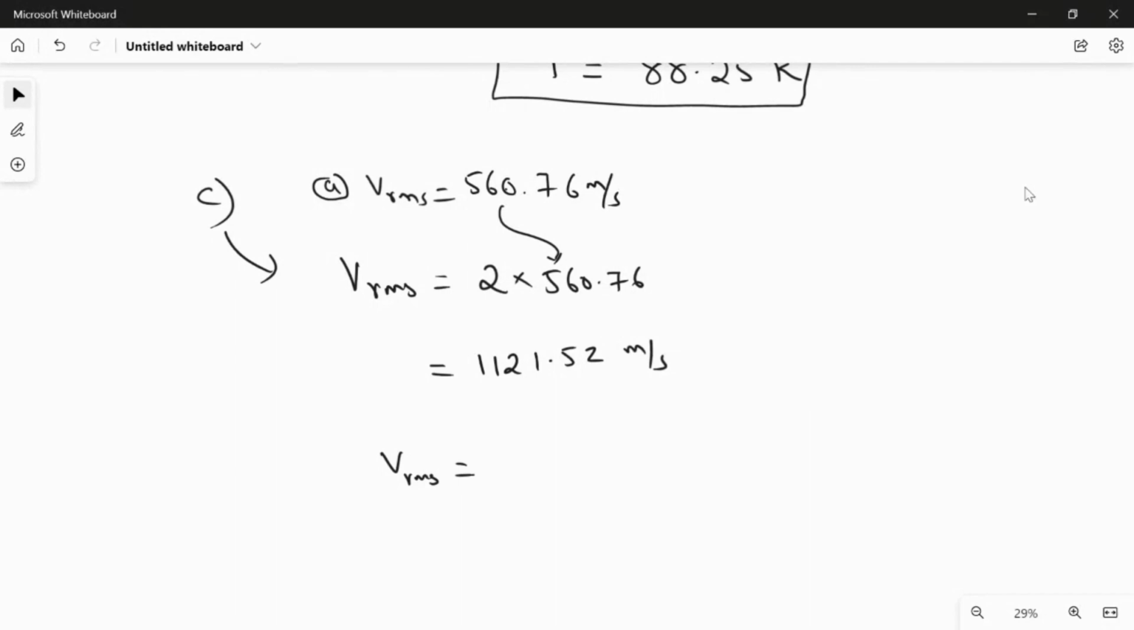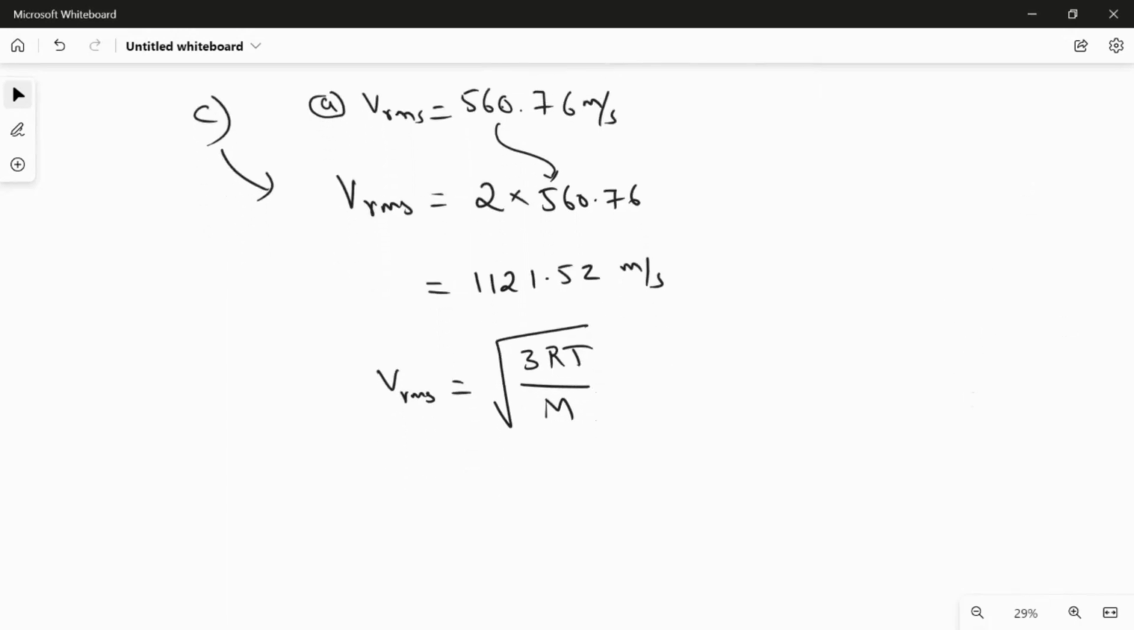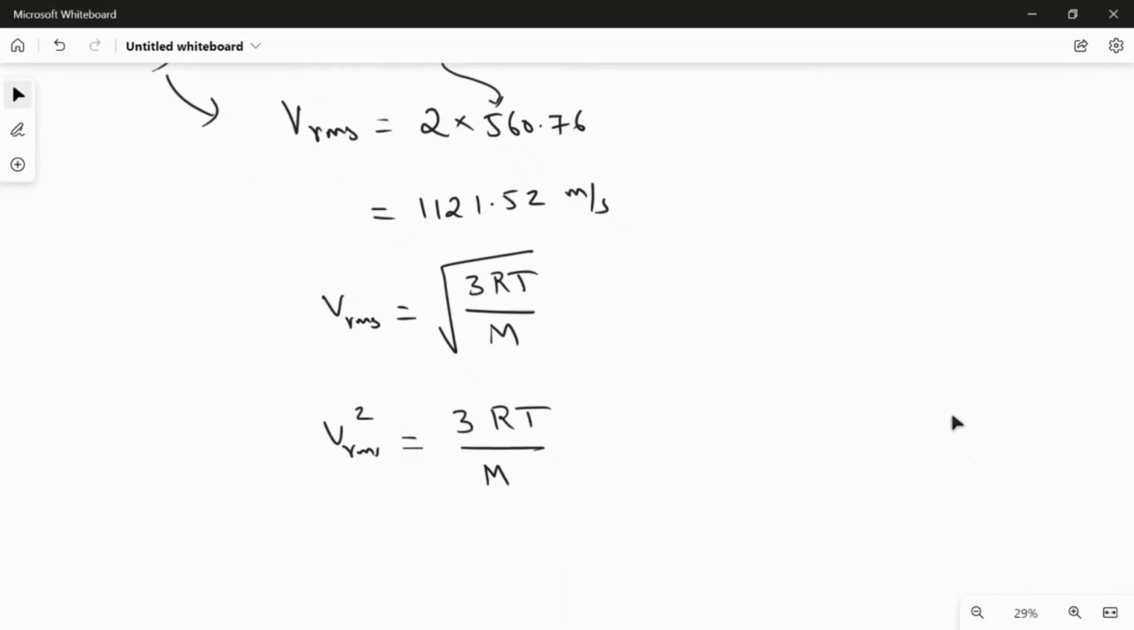VRMS is equal to the square root of 3RT over the molar mass of nitrogen. Here we are going to find the temperature, so I have to take the square on both sides, the left-hand side and the right-hand side. The left-hand side becomes VRMS squared, and on the right-hand side the square root will be gone, leaving 3RT over the molar mass. First of all, we will rearrange this equation. Therefore, T is equal to